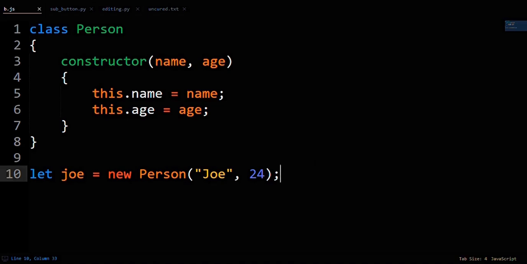Going back to the new, what does it do and why do you need it? Well, you have to use new because without it, JavaScript would treat the call to Person like a regular function call and not create the new person object. New ends up creating a new object, setting the value of this to be that new object, then calling the constructor.